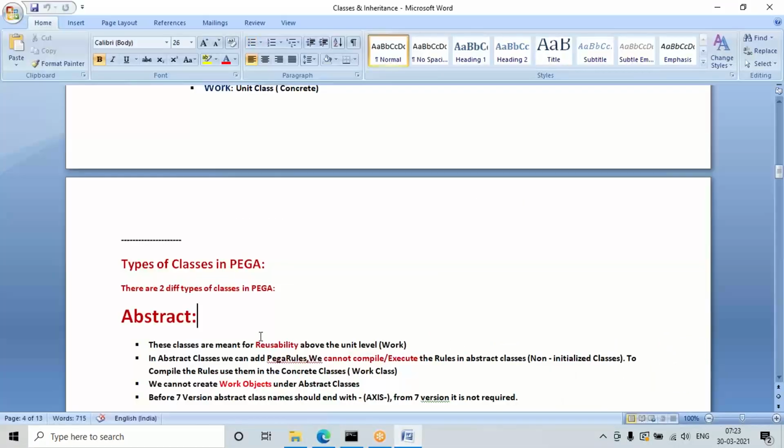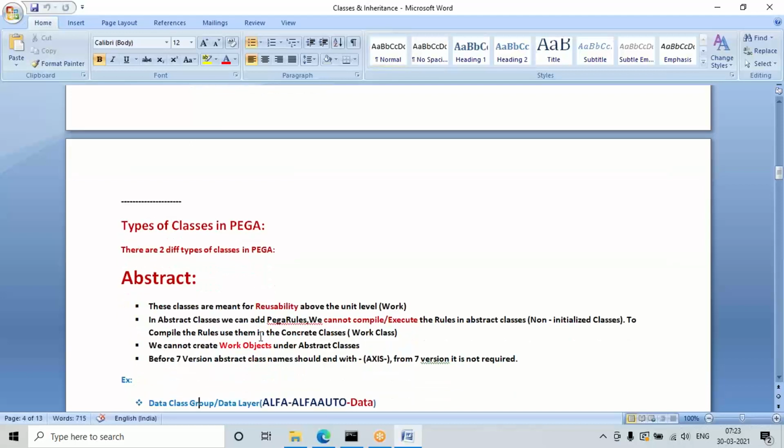Now what we are going to learn is that this background comes under some OOPS concepts, like classes and inheritance. It's core Java related. We just must understand it; there's no need to define anything manually, because everything is already generated and defined in the background. The only thing is, among these generated classes, you need to know which are abstract and which are concrete. You are not going to manually define anything. Just know the meaning of abstract and concrete, and in Pega which classes come under abstract and which under concrete, we are going to understand.